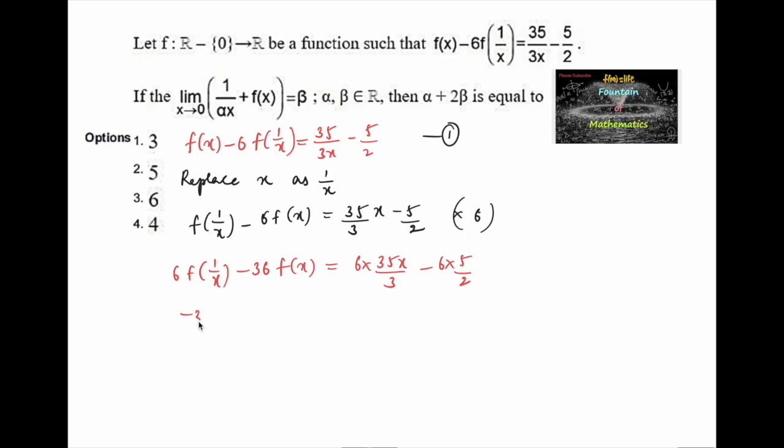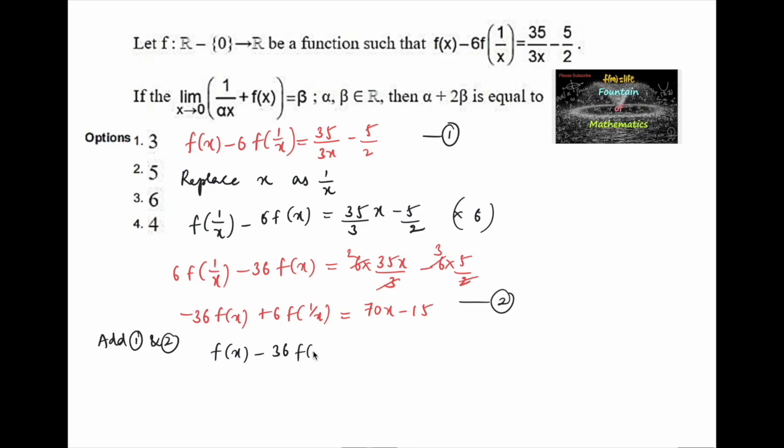So we can write it as minus 36 times f of x plus 6 times f of 1 upon x is equal to 70 times x minus 15. So let us consider this equation to be 2. Now adding 1 and 2, we'll get f of x, and here minus 36 f of x, and minus 6 times f of 1 upon x plus 6 times f of 1 upon x gets cancelled,